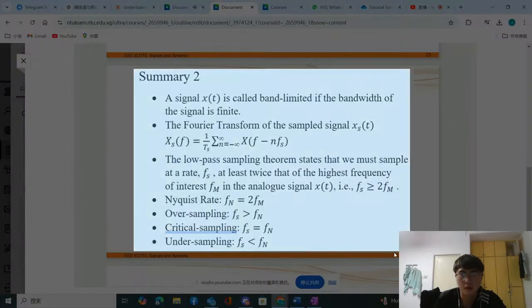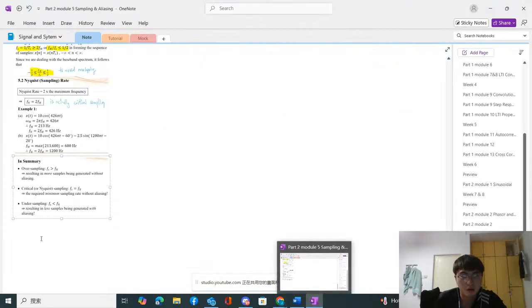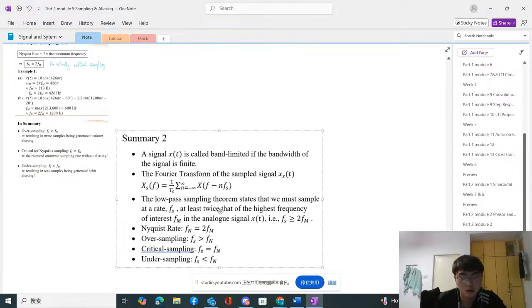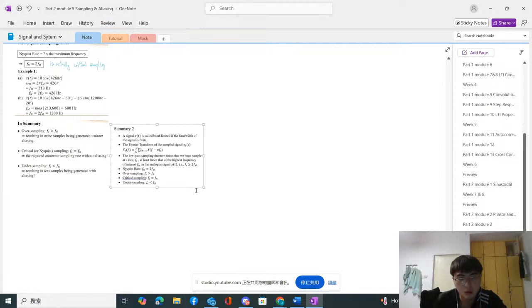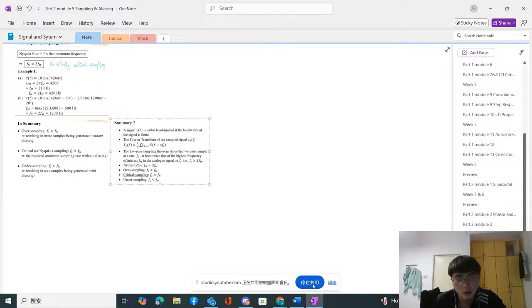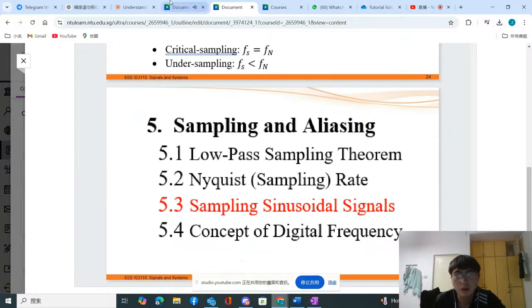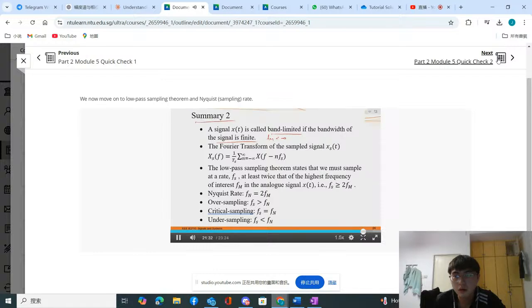So let us provide a summary of the key concepts that we cover in this lecture, summary number 2. In this lecture, we define the signal to be band limited if the bandwidth is finite. So fM here is less than infinity, okay? And when that is true, then we call this signal a band limited signal. And the Fourier transform of the sampled signal